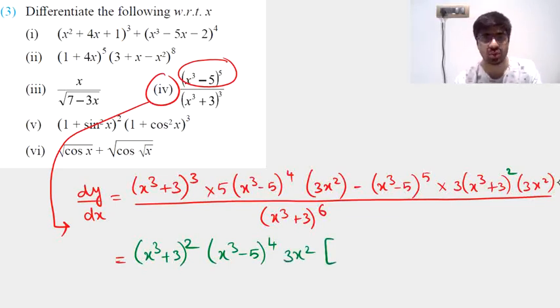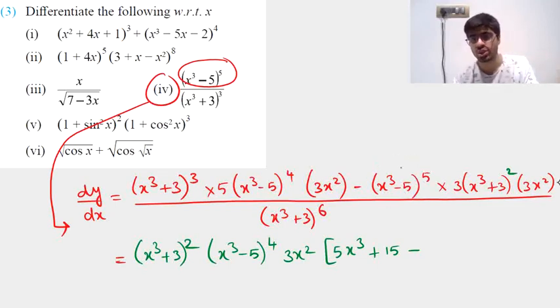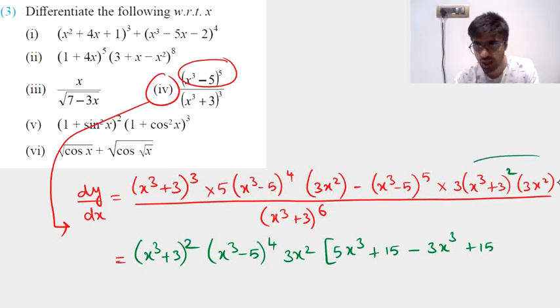What are we finally left with? We are left with x cube plus 3 into 5, and that will be 5x cube plus 15. From that we are subtracting. This has gone out common. It's one term of this which is left. So we had taken (x cube minus 5) the whole power 4 common. We will be left with (x cube minus 5) into 3, and that will be 3x cube. Minus of minus 5 will make it plus 5. So multiplying it will give you 15. And the other terms had already been taken out common.